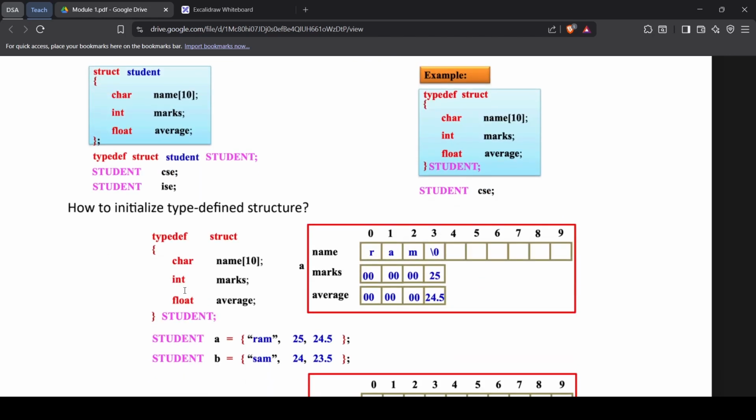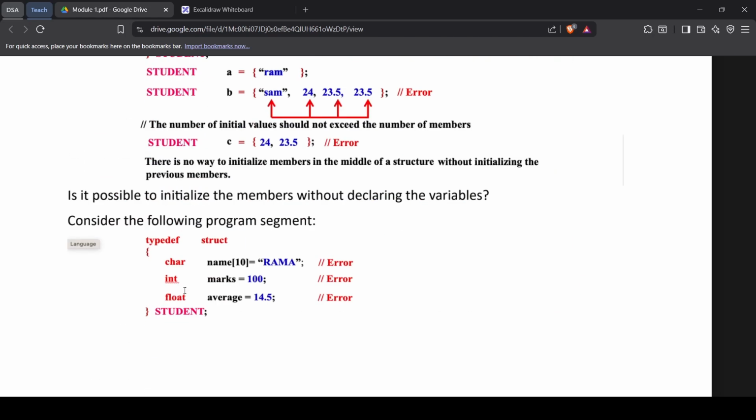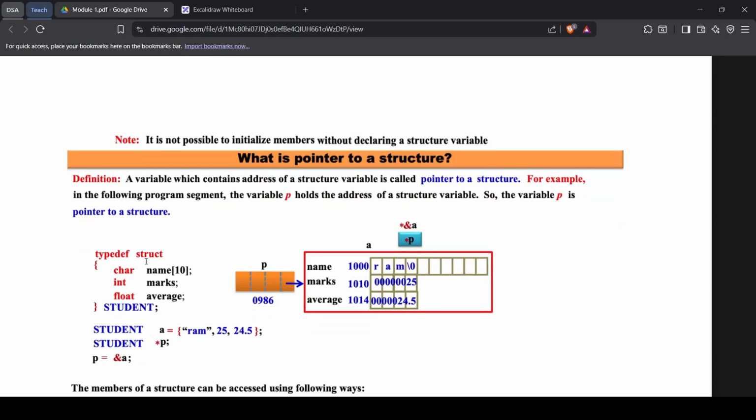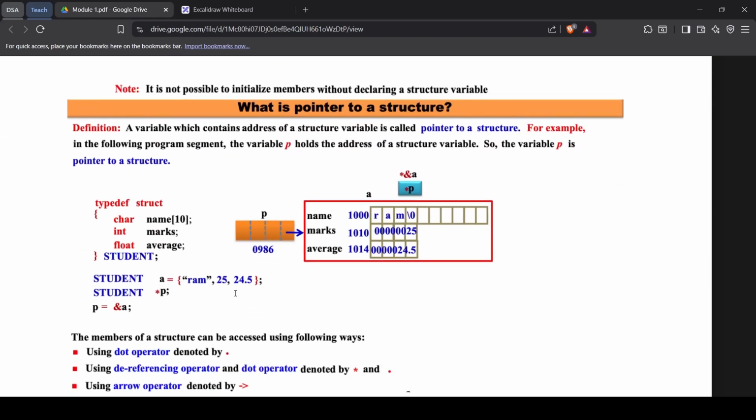Now the main concept, if you come to the main concept,